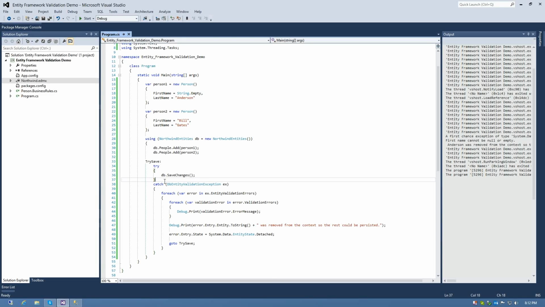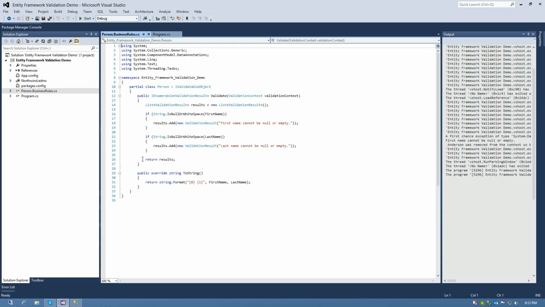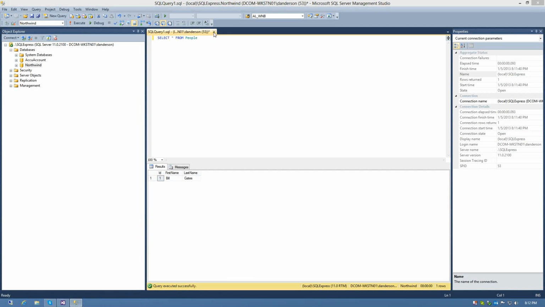Now, what I want to cover now is what we talked about earlier, and I said that we can use the power of Entity Framework's validation to validate the column lengths and data types without having to actually implement the interface. And that's what we're going to do next. So let's go back to our business rules partial class, and let's actually go to our database, leave that open,